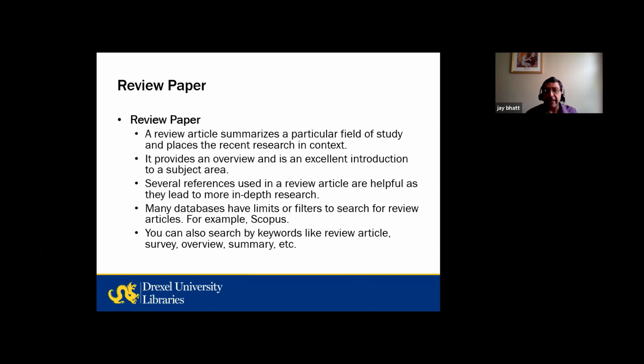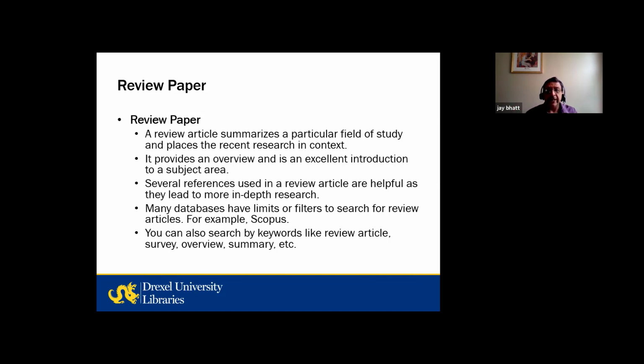A review article summarizes a particular field of study and places the recent research in context. It provides an overview and is an excellent introduction to a subject area. Several references are used in a review article and are very helpful as they lead to more in-depth research later on. Many databases also have limits or filters to search for review articles, for example, Scopus. So you can filter by review articles so that you can only pull up articles that are